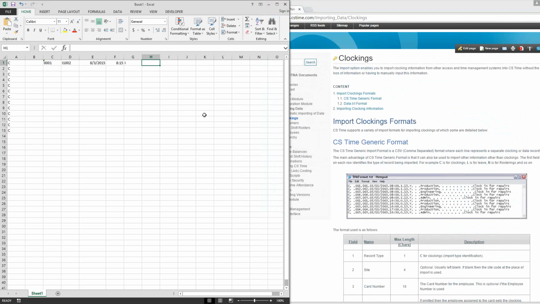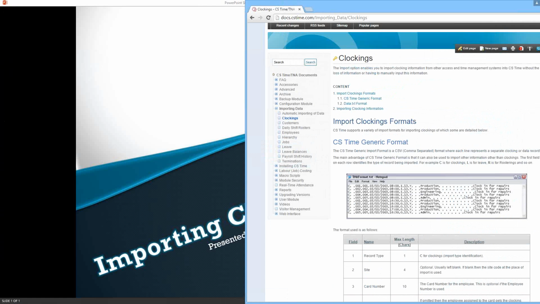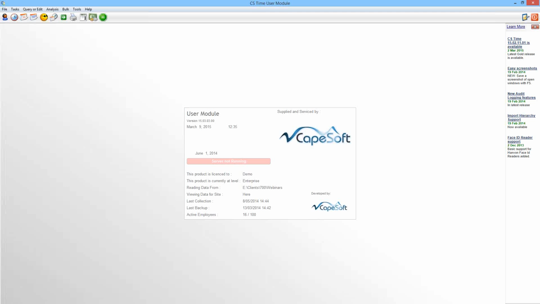Just another note: if you have saved it as CSV and for some reason you're having trouble importing this file, I've had it before where you'll see, if you open up that CSV in Notepad, that it actually has a semicolon instead of just a comma. So just ensure that your file is correctly formatted for that import. To do that then. Okay, so as I said before, I do have a file that's already been pre-configured,